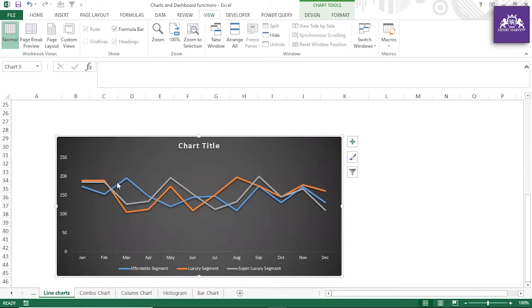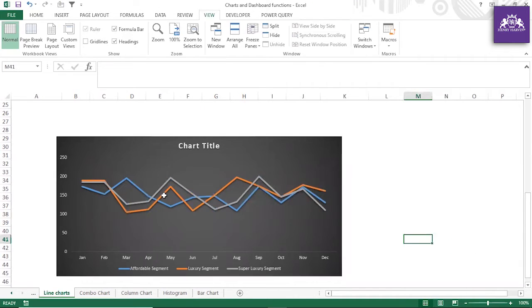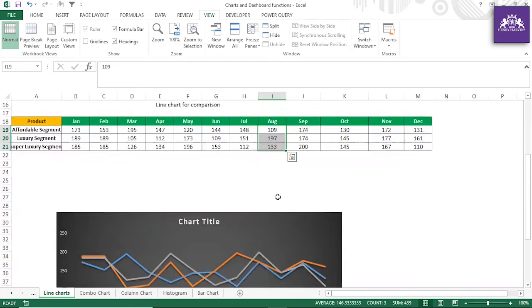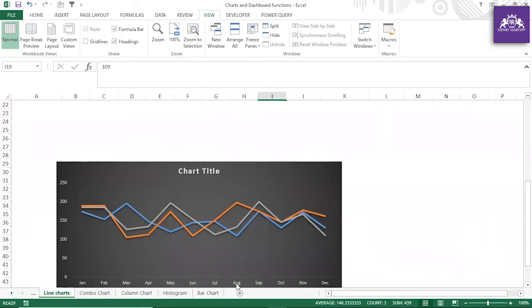You can see this affordable segment is going on the top, and again you can see it's going equivalent to that super luxury segment. All right. So this orange also is doing very well, and this is the data which is almost the same for all the months. All right, if you look at this, 109, 197, 193, and if you come here, August comes here.